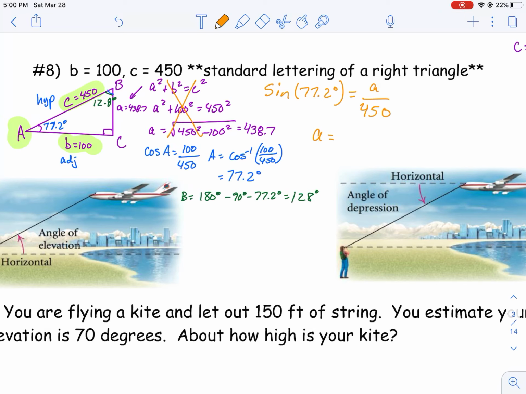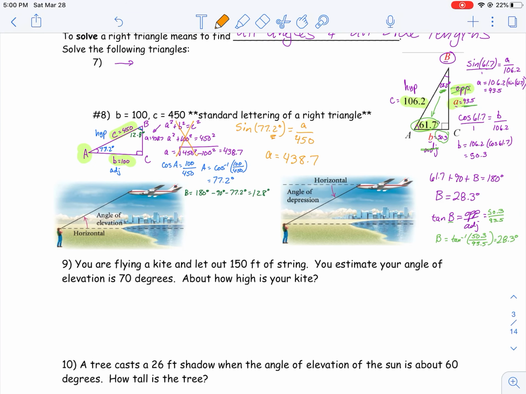I'll let you solve it, but you should get a number that's very close to 438.7. It might be slightly off due to rounding this angle, but that would be an alternative way to solve for that. Now you know how to use trig functions to solve for